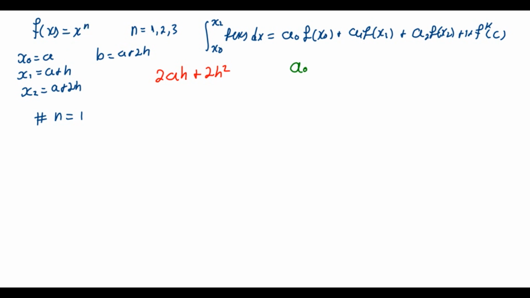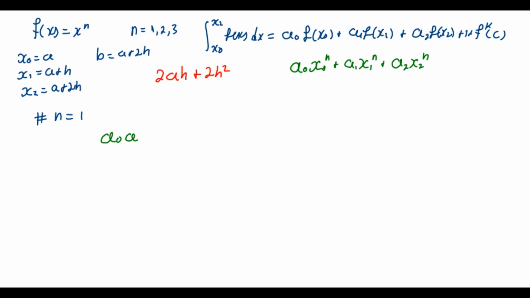So do this. This is going to be like a naught x naught to the power n plus a sub 1 x sub 1 to the power n plus a sub 2 x sub 2 to the power n. In this case, since we are dealing with n equal to 1, just substitute 1, 1, and 1 here. Why am I trying to generalize it like this? It's simply because we are still going as far as n equal to 3. So here, this is going to be a naught by x naught to the power 1, which is just x naught,